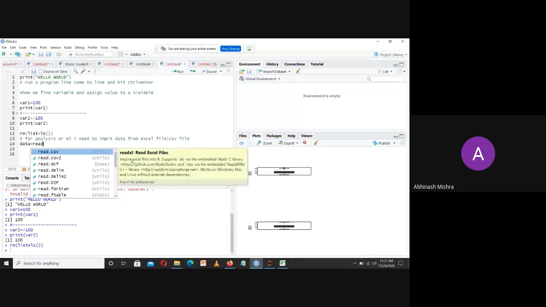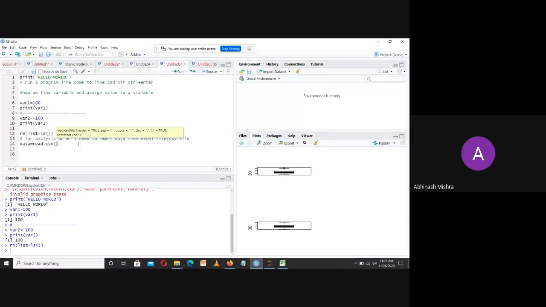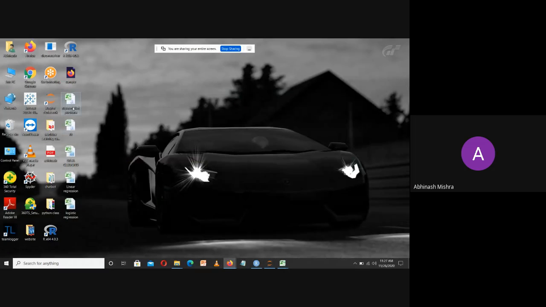Now you will say how to read Excel. For Excel there are multiple things, but here you can also see that importing an Excel file needs support for XLS, through an embedded library that we have separately. We will move towards the CSV file. So coming up here, you will pass double quotes, and within double quotes you will pass the path of this particular file.